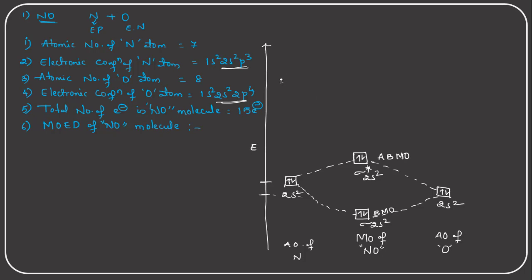Now let us construct the 2p orbitals. These are the 2p orbitals of nitrogen. Yes, 2s2, 2p3. This is the nitrogen atomic orbital. So in these atomic orbitals, this one is the px orbital, py orbital, and pz orbital, and each atomic orbital contains one electron. I'm not writing equivalent here, but just less than this means the energy level will decrease.